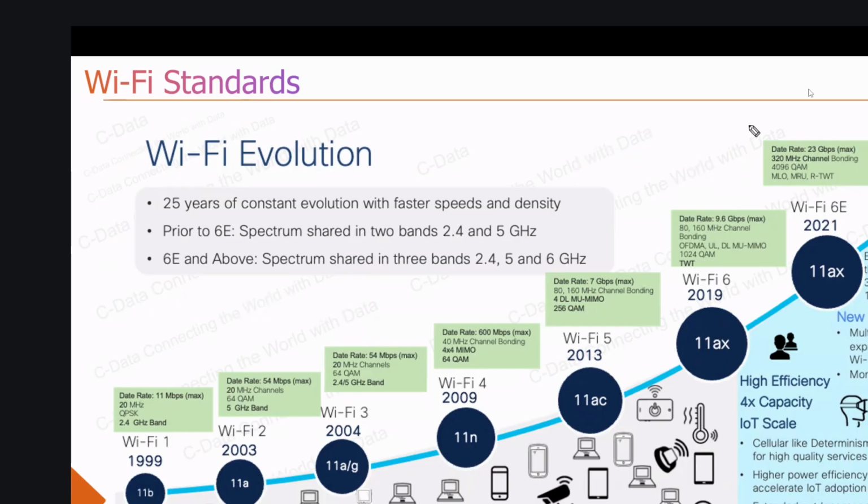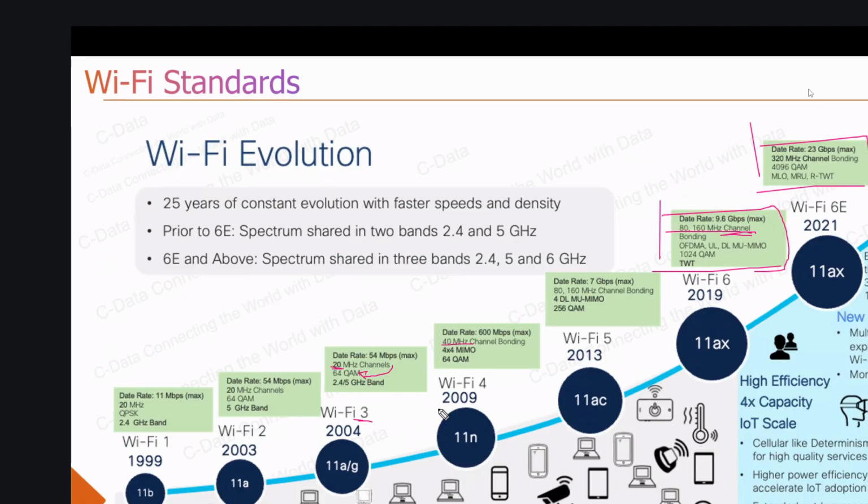So from here, we have some details. We have the channel, okay? We have the frequency. This channel means the frequency. We have 80, so this one is 80 megahertz. And we see Wi-Fi 4 at the beginning is 20 megahertz, and Wi-Fi 3 is 20 megahertz. And then this is the frequency channel. And then we have